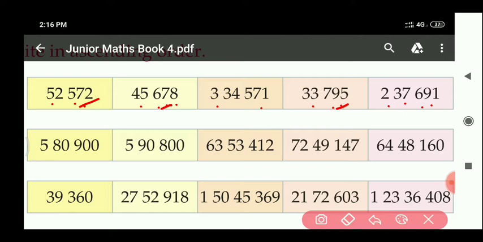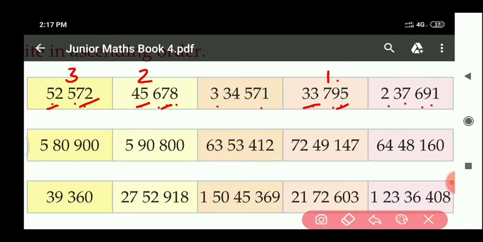So 10,000, it is smaller than a lakh, so we have to check up to the 1,000 place only. It is 52,000, this is 45,000, and this is 33,000. Which one is the smaller? 33. So the first number will be this one only. Okay, and you can write 1 upside also. By that we can easily write the numbers in order. Second, 45,000, it is smaller than 52, so write here 2, and third one is 52,000.